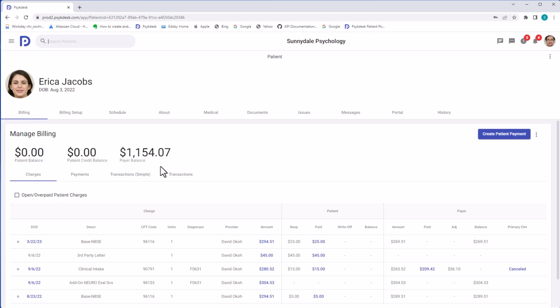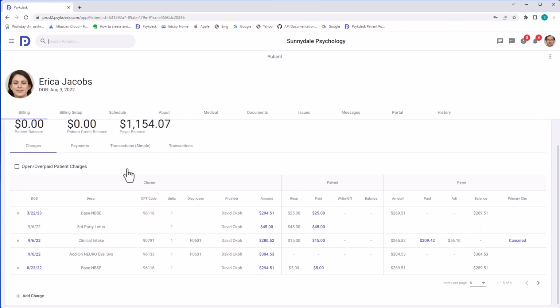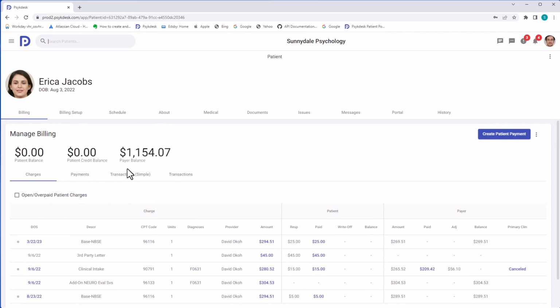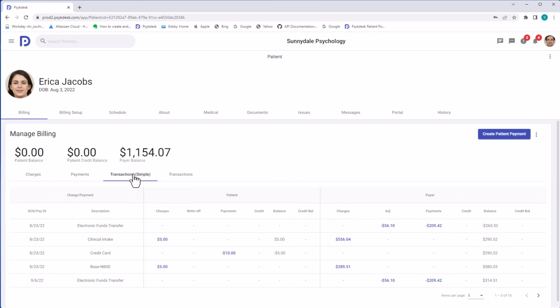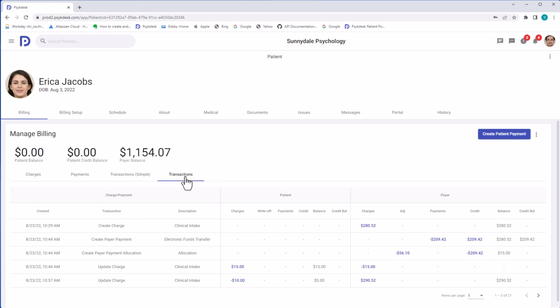So first is the billing tab. This shows me all of the charges and payments for the particular patient. And there's different views for that. You can see the charges tab here, payments here, and you can see all the transactions in chronological order here, which were created to create these balances. And then the transactions tab gives you a more detailed view of all the different components that make up those